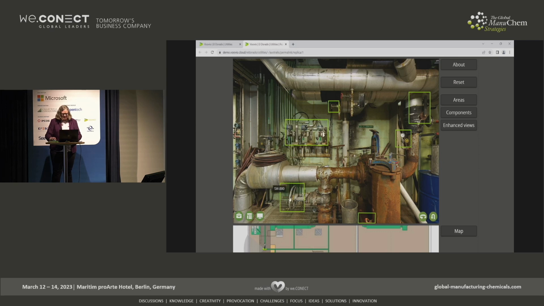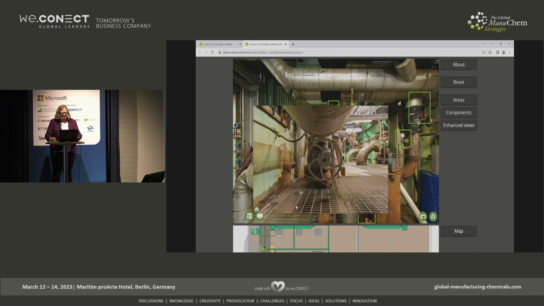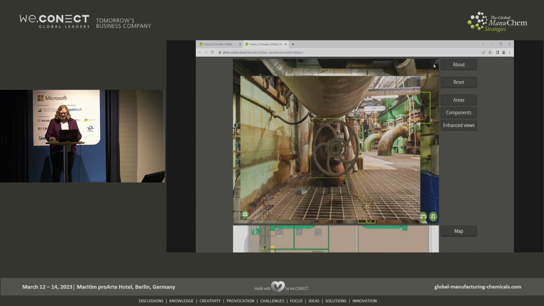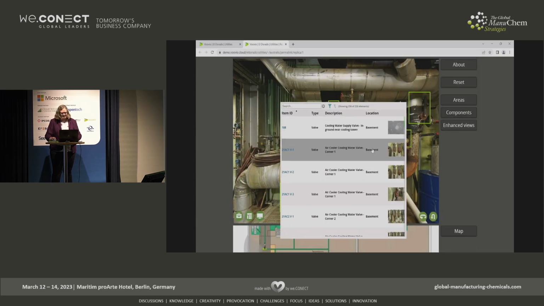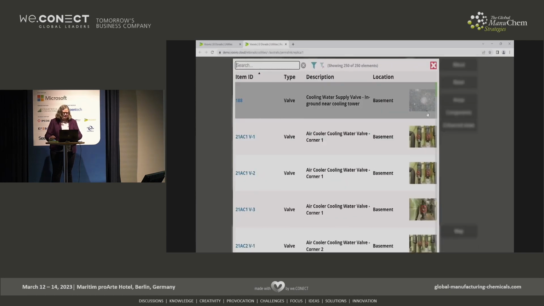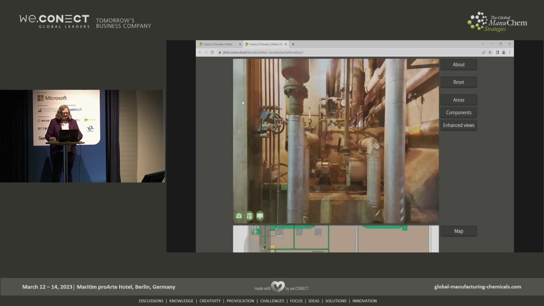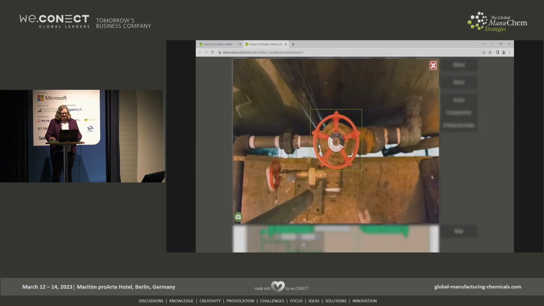Here, these are the hot elements where you can zoom into the detail of each component and operate it in most cases. These components are also listed, and you can search components by tag number, for example. And by using a hyperlink, just directly jump to the location in the replica where this device sits. You can have a look at it,